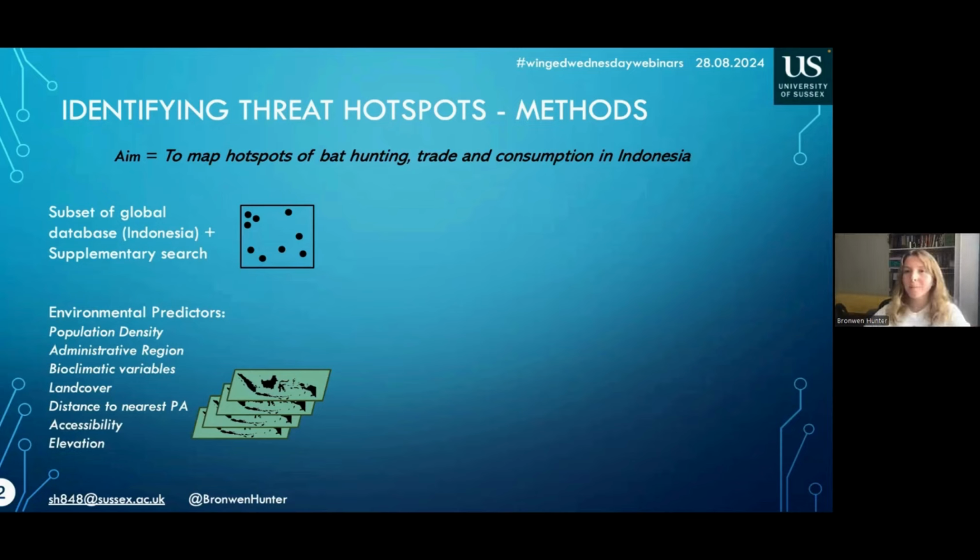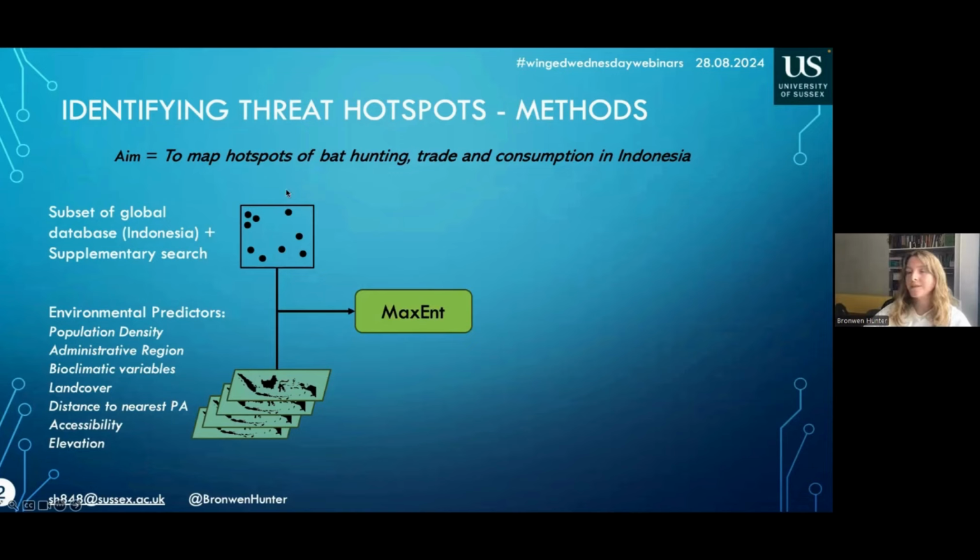So we included variables that might relate to both of those, the human behavior side and also the actual distribution of bats. These are shown here. Population density and administrative region were included to account for socio-cultural differences that might influence the likelihood of bat exploitation occurring in a location.